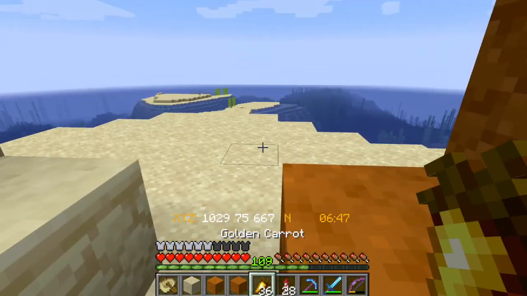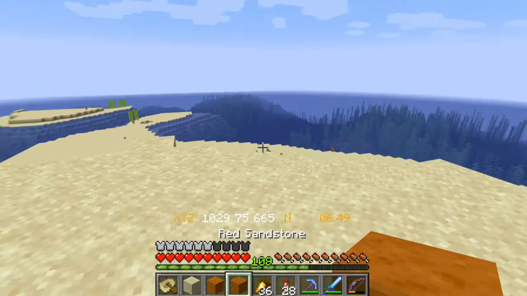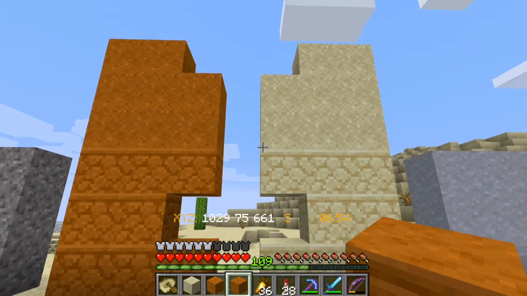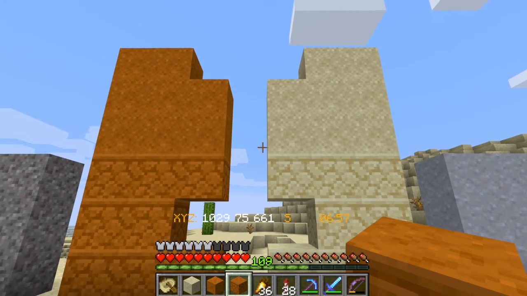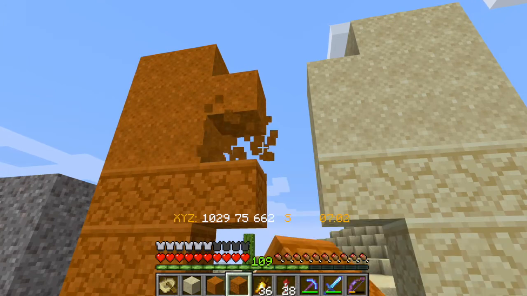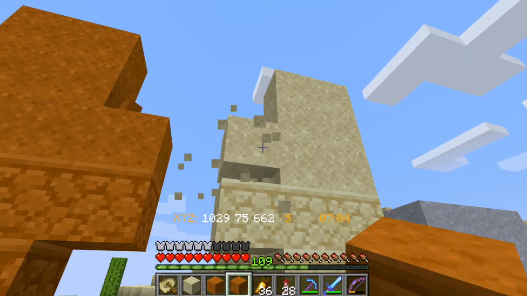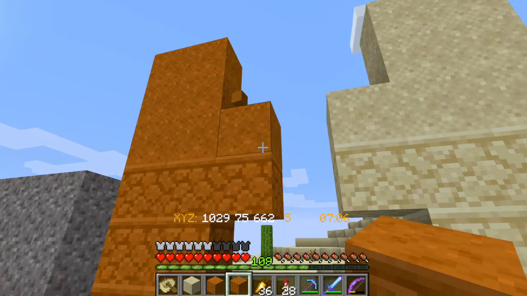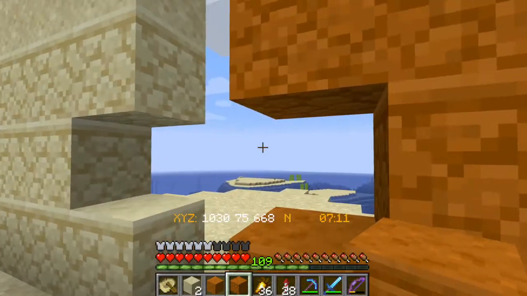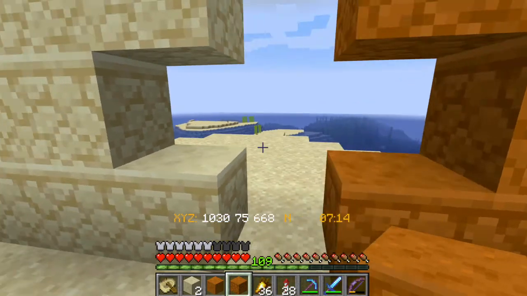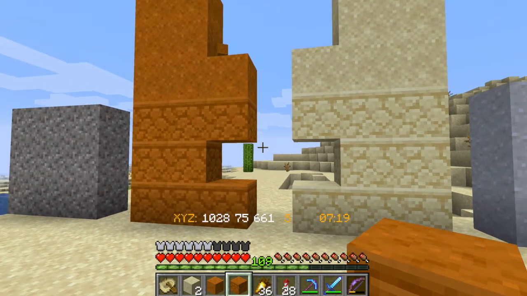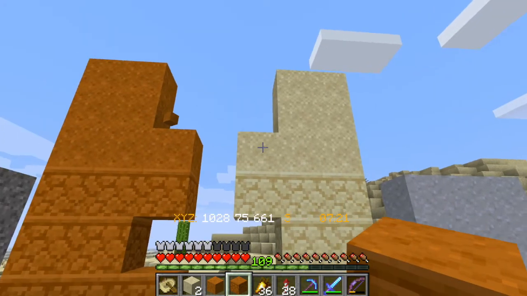So we've got the red variety and we've got the regular variety. So what makes sandstone different from sand? Well, in Minecraft, you can see how sand is affected by gravity. If I knock out the block underneath it, the one on top will fall. But sandstone, you can cut out the blocks underneath. So that's why you might want to use sandstone to build if you want to have the color of the